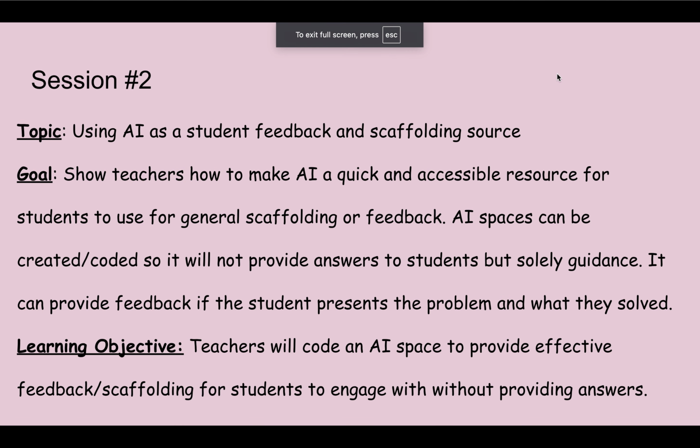That's session one. For session two, our topic was using AI as a student feedback and scaffolding source. So here, a teacher can actually upload the worksheet that they're doing. So let's say they're doing a worksheet in class onto the AI, and the student, so let's say a teacher's pulling small groups. A student not in the small group could potentially open the AI and ask for help on